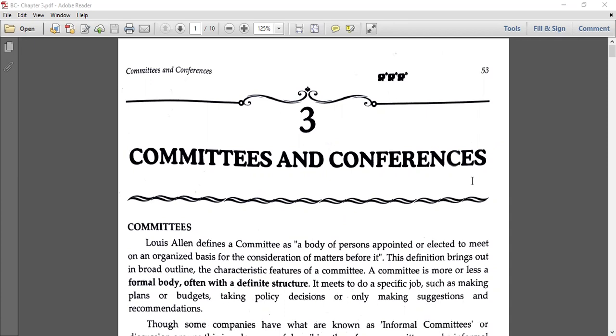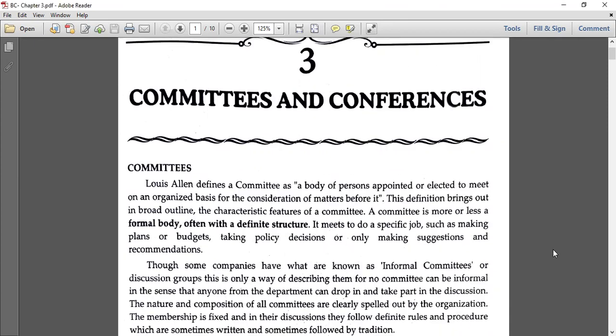Why do we have committees to do the work? Louis Allen, a thinker, a manager, and you can say a writer, defines a committee as a body of persons appointed or elected to meet on an organized basis for the consideration of matter before it. So in a way, before taking a decision, a group of members come together to find pros and cons about that decision, and that body of persons appointed or elected for taking this decision in the benefit of the organization